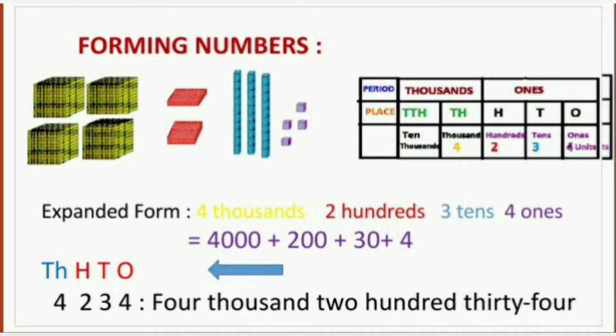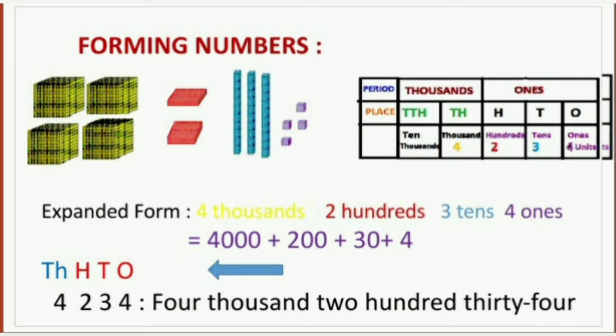Now children, see this slide and let's try to form a number. How many cubical blocks do you see? 4 cubical blocks. Fine. One cubical block, you know that you have to count it as thousands. So 4 cubical blocks represent 4 thousands, right? Now come to the second one. You can see 2 slabs are shown. One slab you have counted as hundreds, so 2 slabs, it is clearly 200.